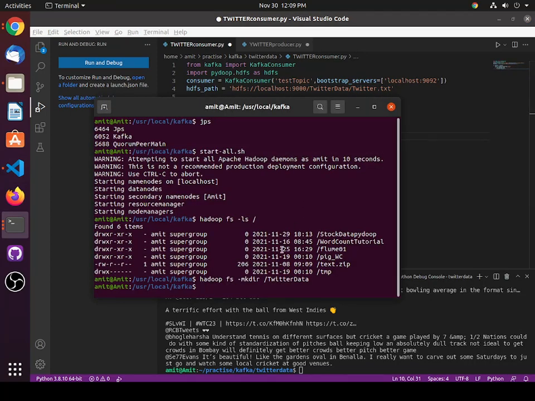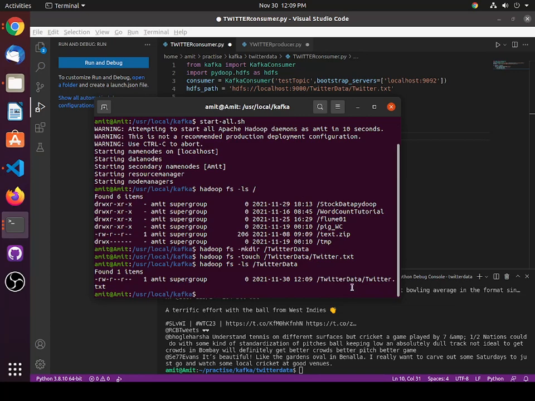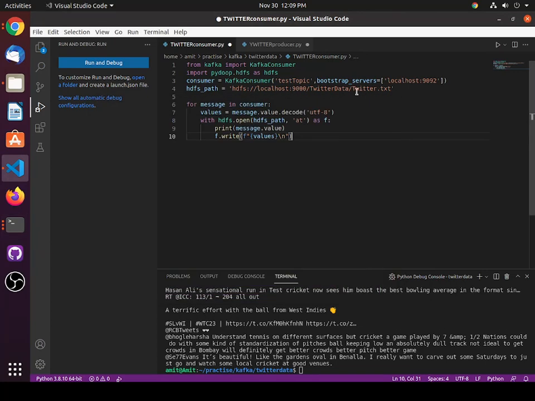Copy this name, and we will also create a file inside. Now with -ls, as you can see, we got a file named twitter.txt inside our Twitter data folder. Now this path is perfectly fine.